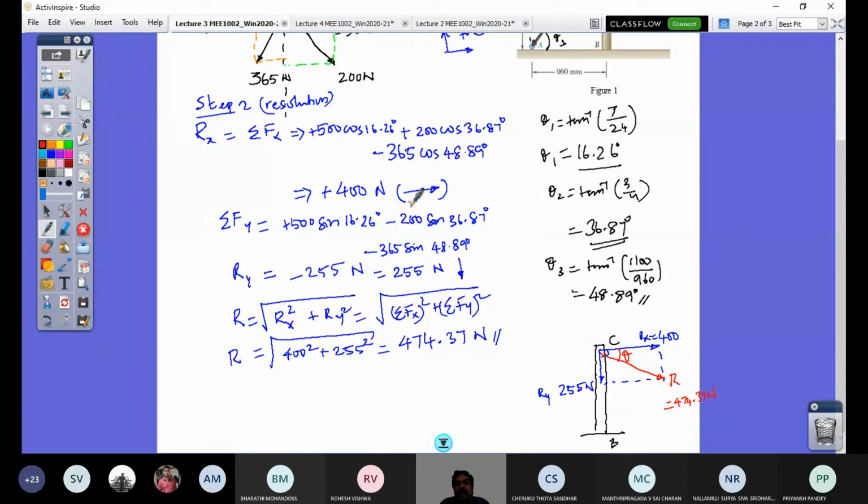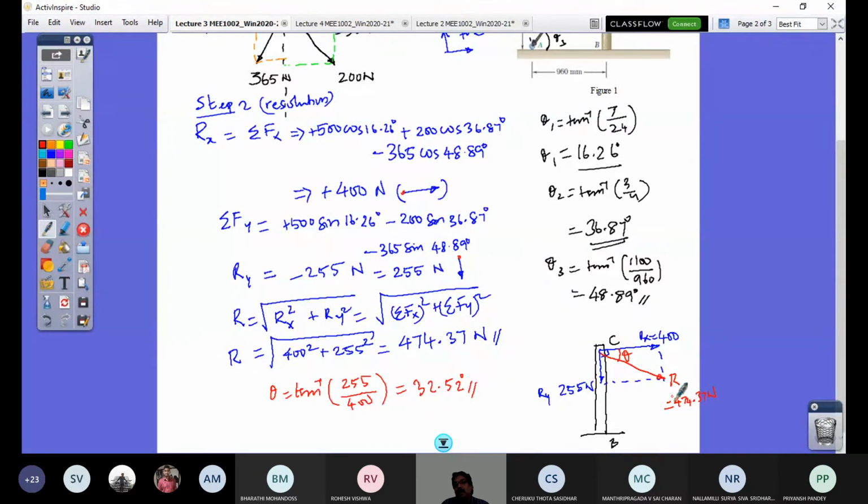So see now here, it forms the fourth quadrant. So I require this angle to the horizontal. So this angle theta will be tan inverse of the opposite side, 255, and the adjacent side, 400. So I would get this angle direction. That comes out to be 255 divided by 400, shift to tan inverse, answer 32.5 degrees. So that's the direction and the magnitude.